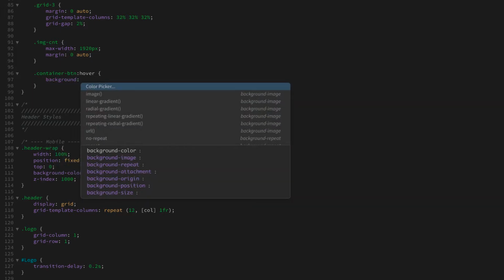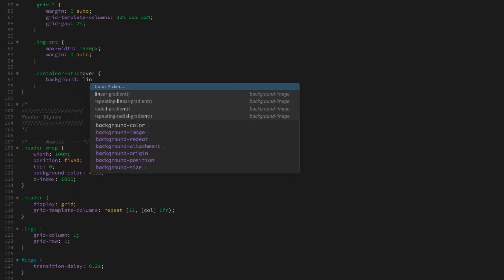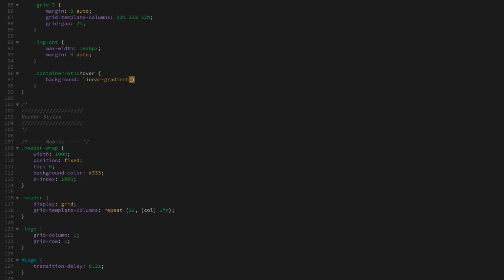And it's very specific how we do this. First, we type in linear-gradient. And you see we actually have radial and repeating gradients here. So select linear-gradient. You have a kind of orange linear gradient, it appears in orange, and then we have our parentheses. We are going to add an RGBA gradient. This is going to add a little bit of a layer of complexity to this style. So type in RGBA,